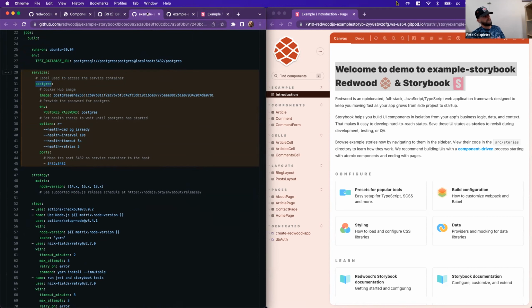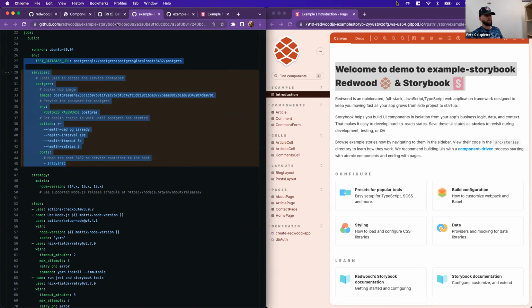By default, Redwood configures SQLite. So in order to have a nice canary in a coal mine test to ensure that what I'm doing won't break in Postgres land, I'm able to set up a test database and run those